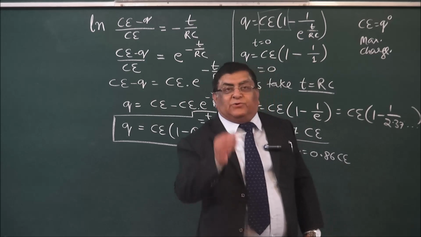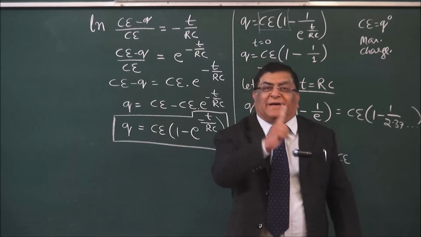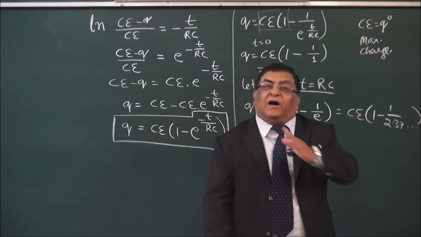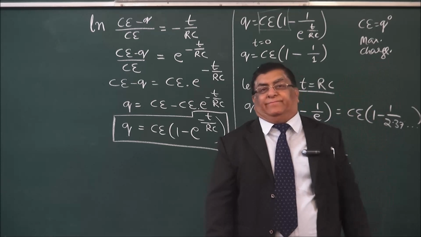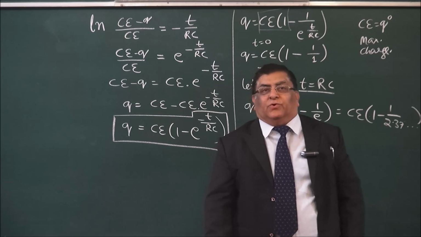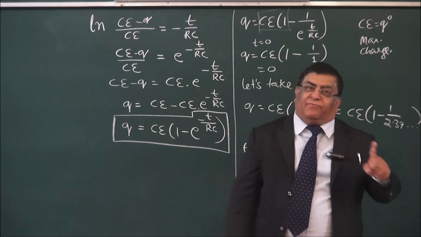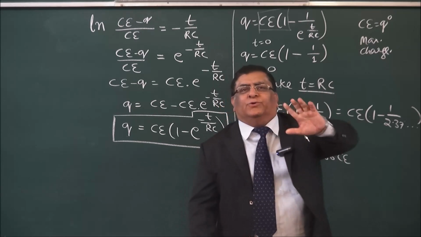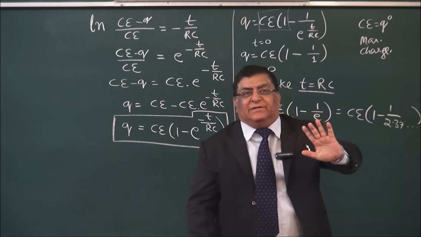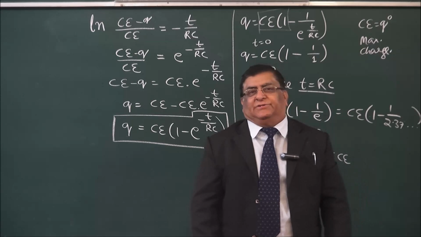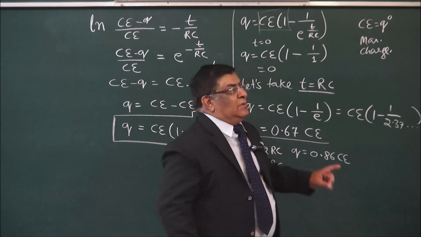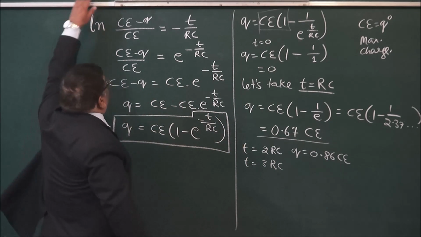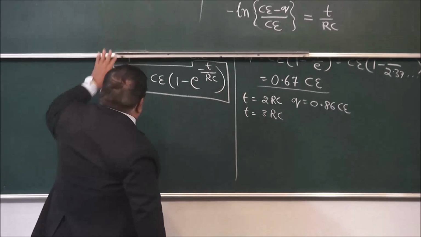That means the total charge up to the capacity of the capacitor is reached when it will be actually charged after a very, very long time. So mathematically it will be a very long time, but practically what we find is that after 4t it is almost fully charged. But the value keeps on changing. So when we make a graph of it,